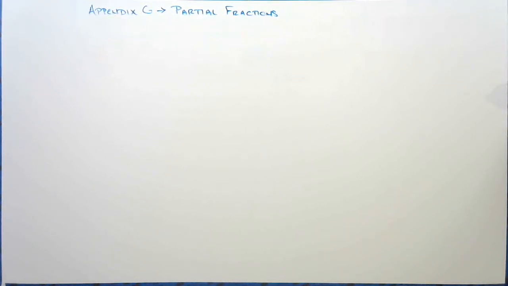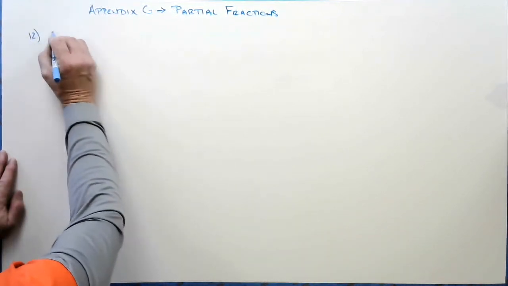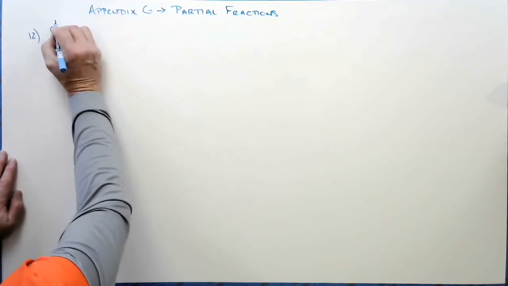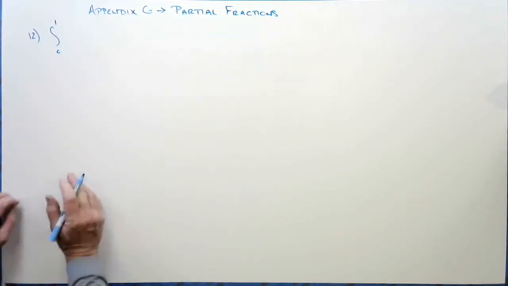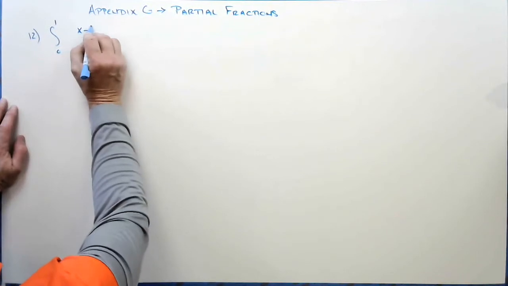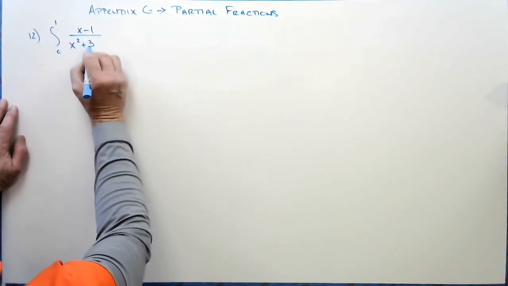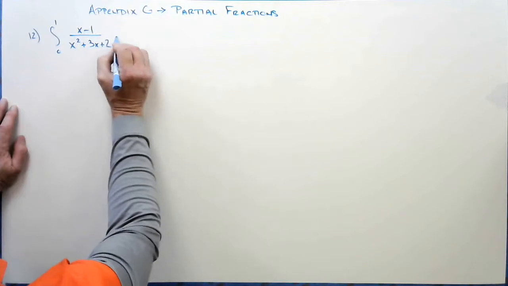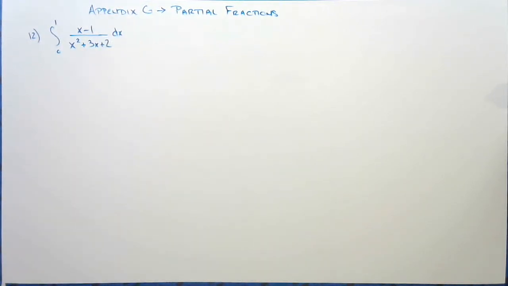But we can start with problem 12. That's our first actual integral. Problem 12 is the integral from 0 to 1 of x minus 1 over x squared plus 3x plus 2 dx. We take a look at this. Remember, our first